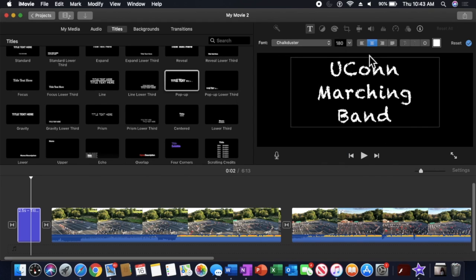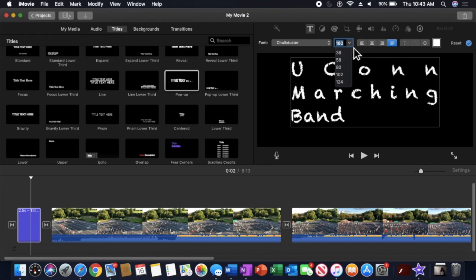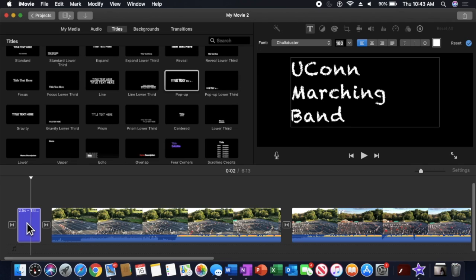You also, as you can see, I've changed it to chalkboard. You can change the orientation, whether it be centered, to the left, to the right, and you can change the font size. You may also do bold, italic, and change the color of the text. Along with editing any other types of words that you might have on your title, you can also change the